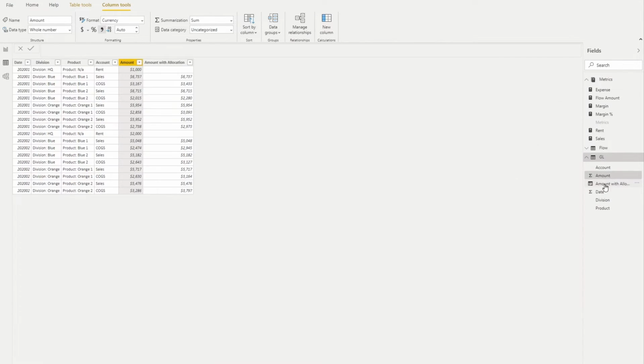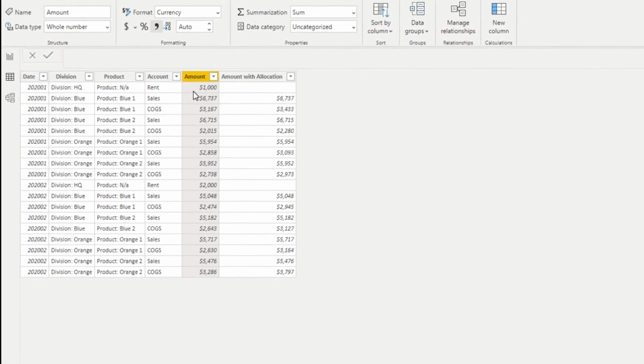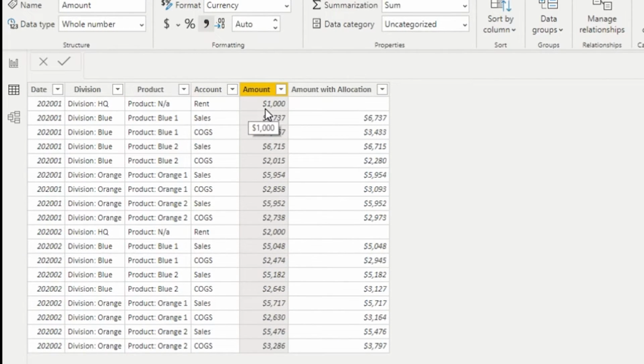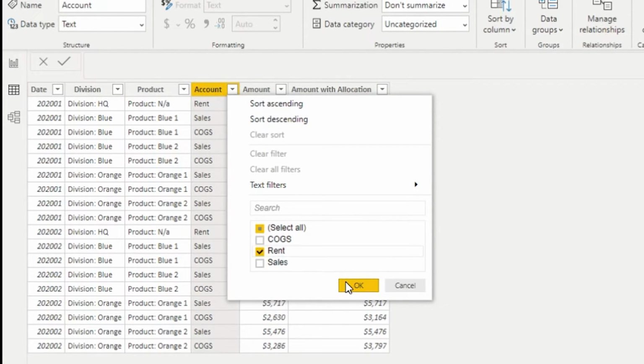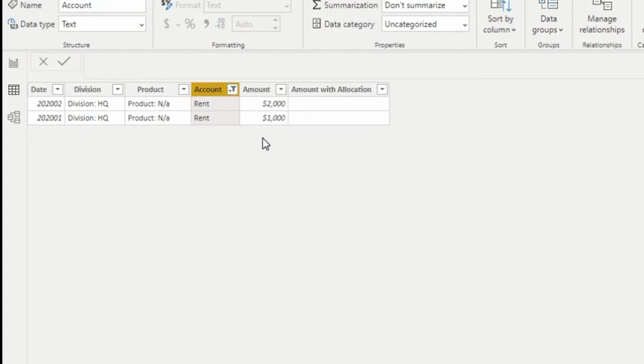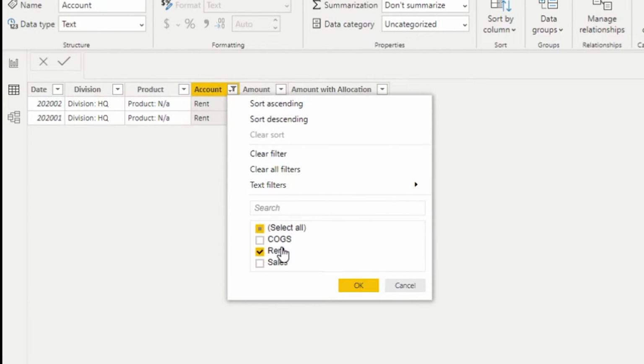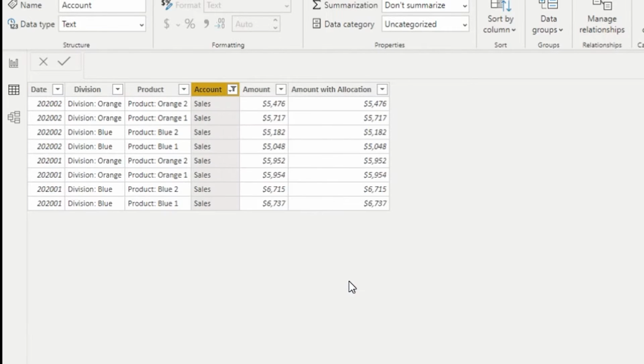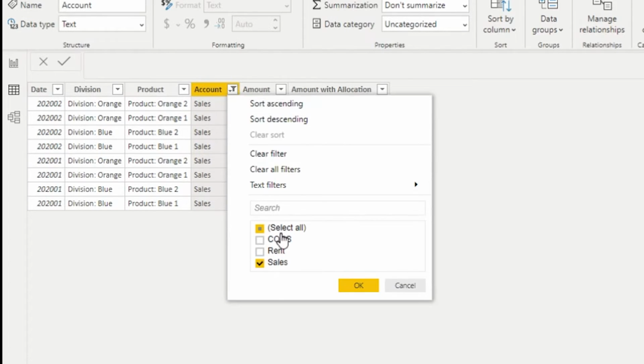So let's take a look at this data now. As we said, with our logic, all of the rent records get reversed, and we can see this here. Every time we see rent, let's filter that out to make it easier to follow. We had two rent records, $2,000 and $1,000, and after the allocation they're gone, they're wiped out, they're reversed. Then if we look at our sales data, we did not allocate anything to sales, so sales remain exactly the same. And if we look at our COGS data,